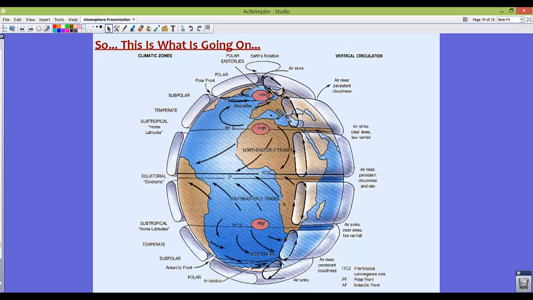And again, once we're in these Ferrel cells, we have air rising. We're going to have these areas of cloudiness that we see in the low pressure centers, and then up towards the poles we're going to have layers of higher pressure as well. So remember, we have these bands of low pressure at the equator, then high pressure around the Tropic of Capricorn and Tropic of Cancer, and then we have areas of low pressure, and then we have areas of high pressure right at the poles. So high, low,